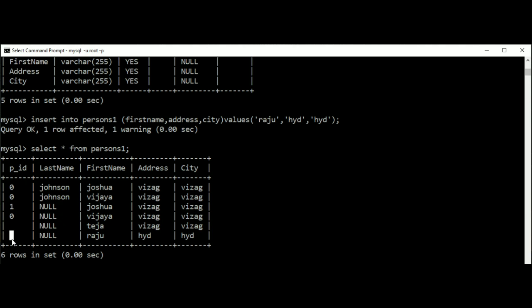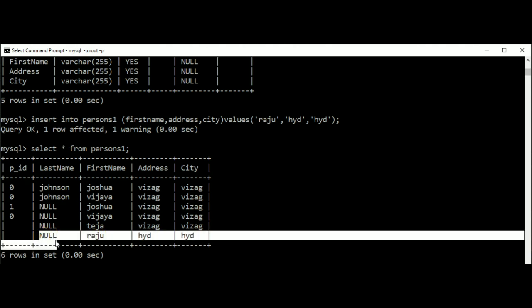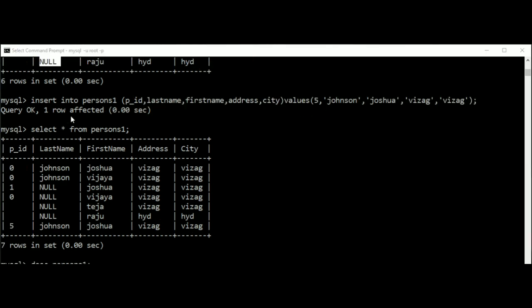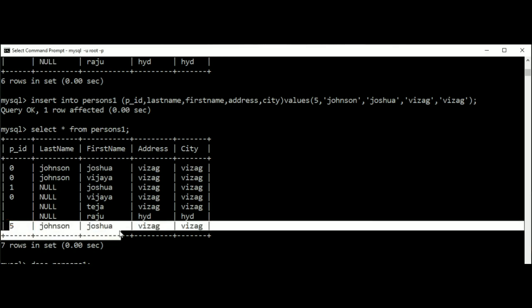For that reason it has not inserted 0 or null here, but the last name has been inserted as null because we did not put a not null constraint on last name. Now when I insert the PID value as 5 and all the other values, and give select star from persons, the new row has been inserted with the value 5 and the last name, first name, address and city also.